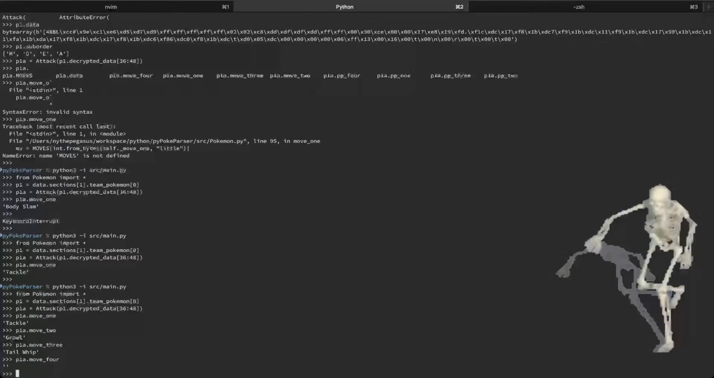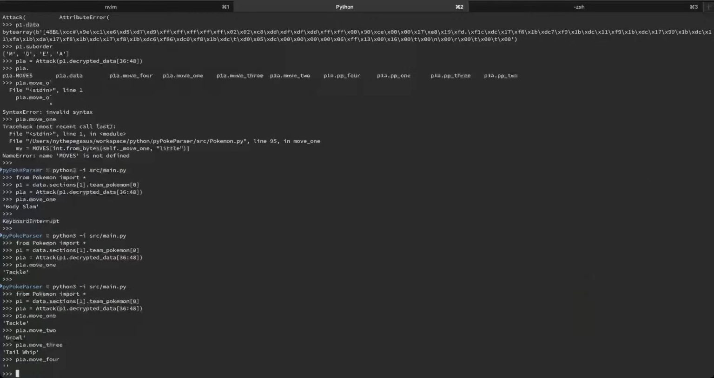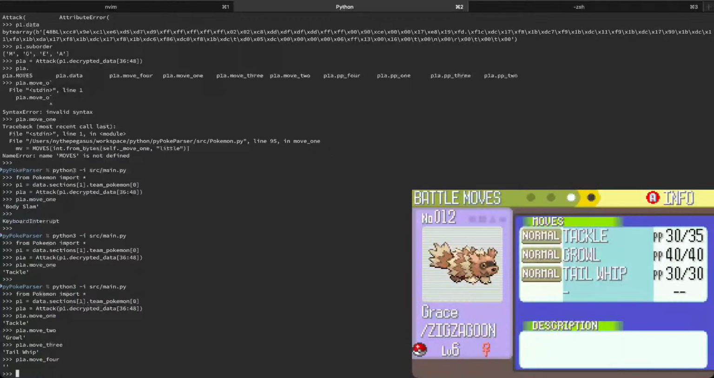I'll even show you. You know what? I'm going to get rid of Skelly Man. We don't need him anymore. As you can see, move 1 is tackle, move 2 is growl, and then move 3 is tail whip, and then move 4 is nothing. This is good. Yeah, we did it. And then if we do